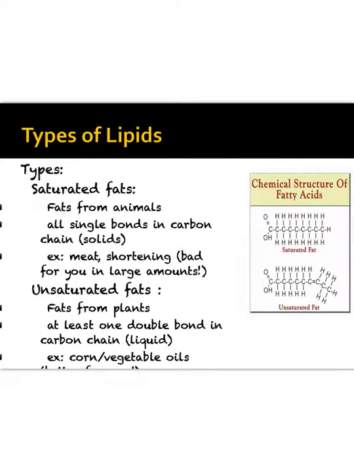Okay, there are 2 types of lipids. We have saturated and unsaturated. Saturated fats are found in animals. In saturated fat, all of the bonds in the carbon chains are solid, and they're all full. They all have single bonds. Therefore, it's going to be nice and straight. You're going to find saturated fat in meat and shortening. Unsaturated fat, this is an example of unsaturated. These are found in plants. There's at least 1 double bond in the chain. Right here's your double bond. Since that double bond